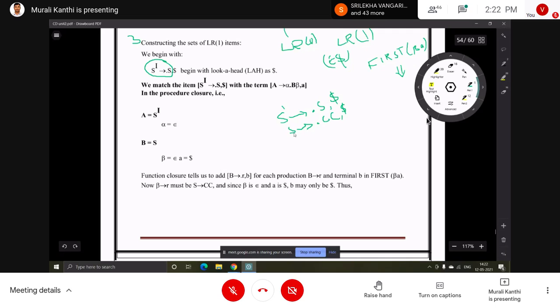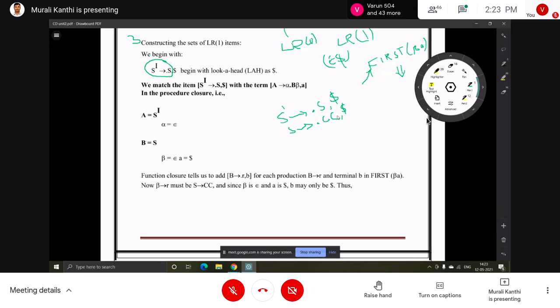In SLR we add only the production, not the lookahead symbol. But in CLR we are supposed to add the lookahead symbol also. This is the procedure: by comparing with the general form, whatever set we get from first of beta A, add that set as the lookahead symbols.